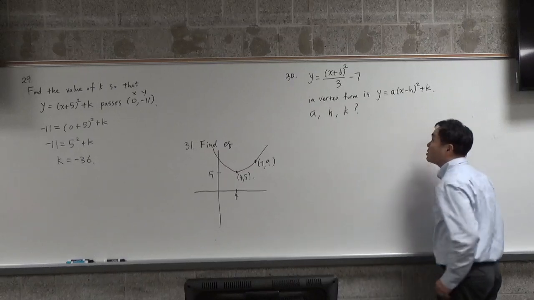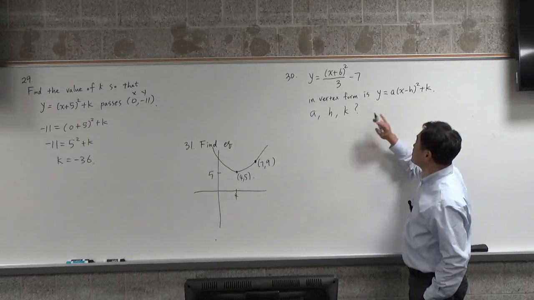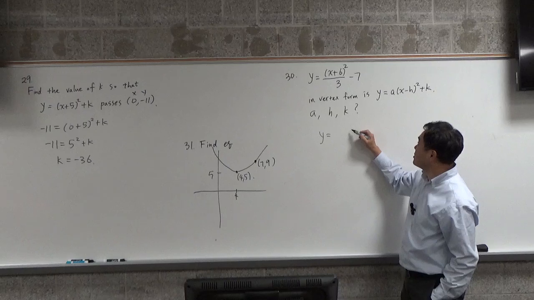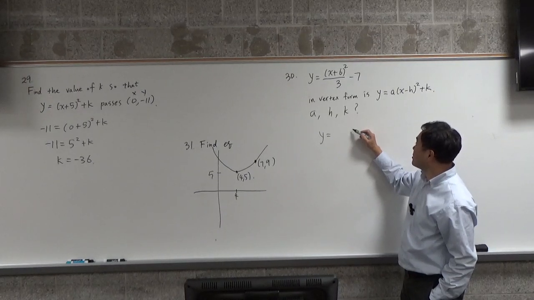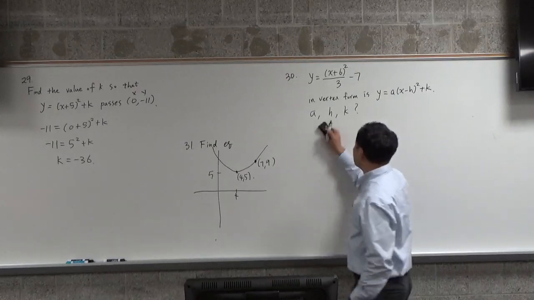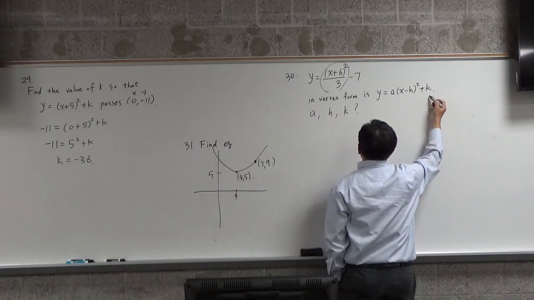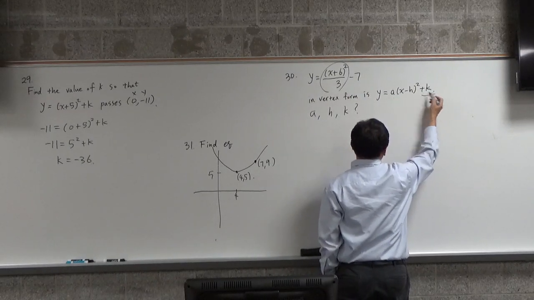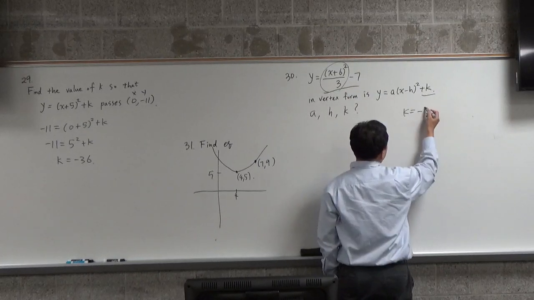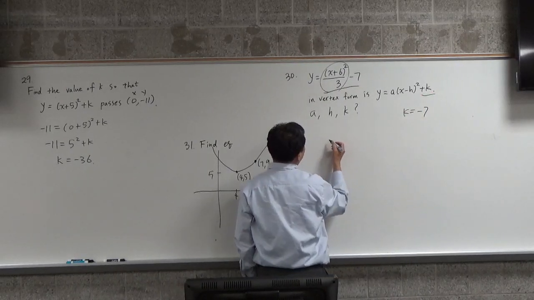Question 30. You want to write this in this form. Well, it's almost in that form. So I guess the question is something like this. I guess the easiest one is k. What's k? If these two are the same, k must be -7, right? So if you set k as -7, then the only thing that we need to figure out is how to